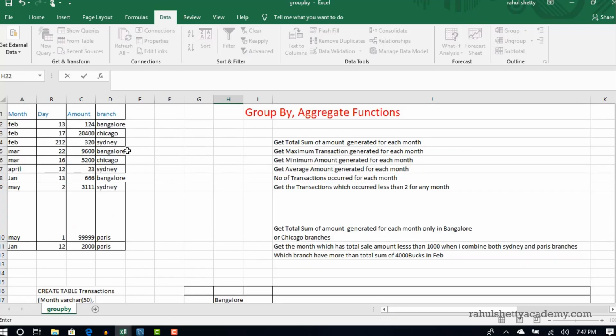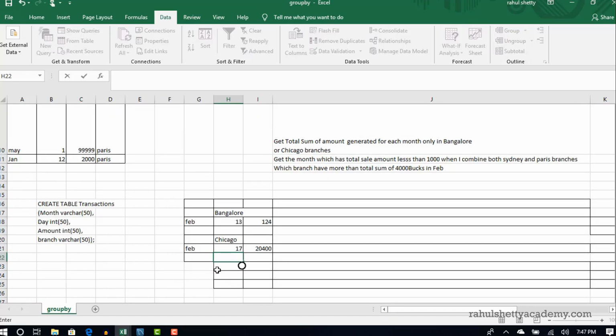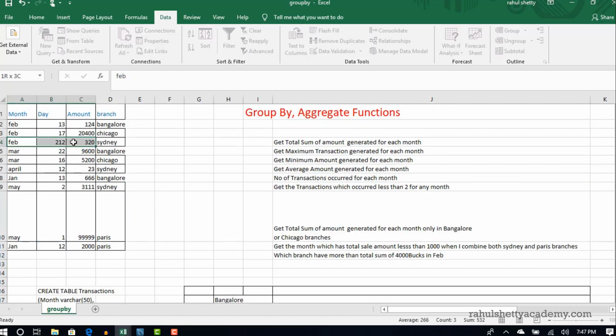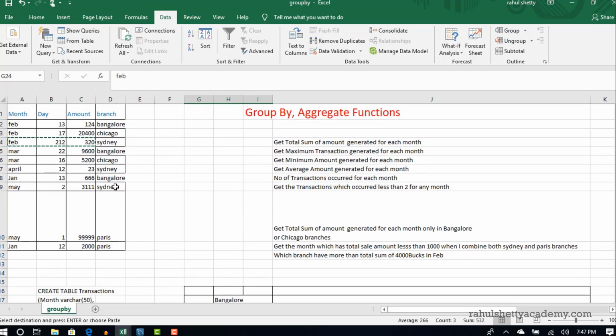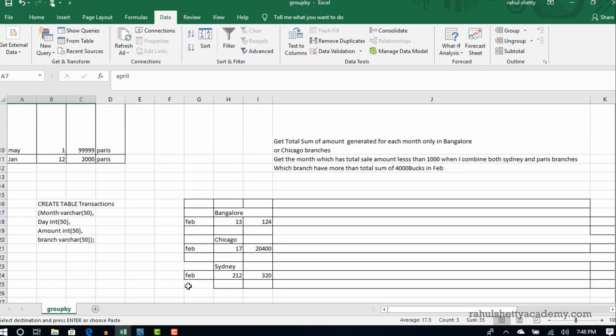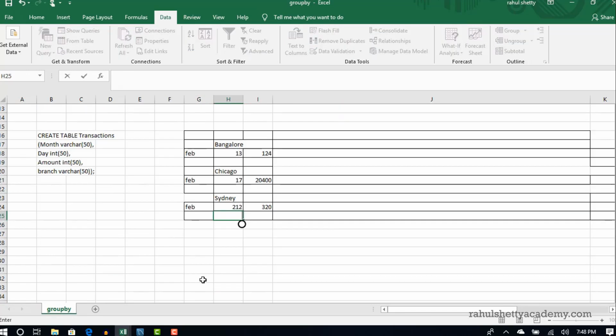Done. And we have one more branch, Sydney. Sydney and April also happened, right? Nice. So again, our where condition will exclude this and only push this into group by. And last is Paris.